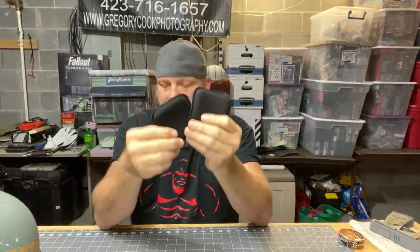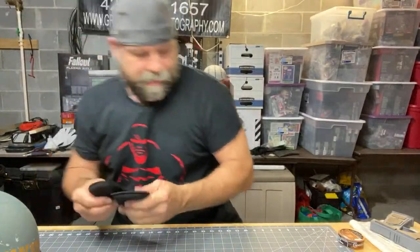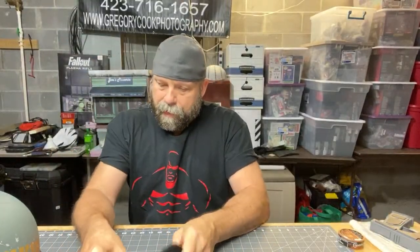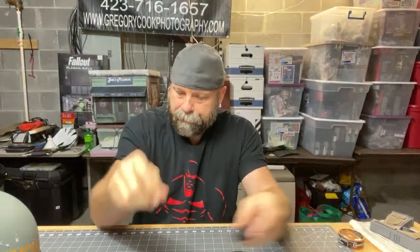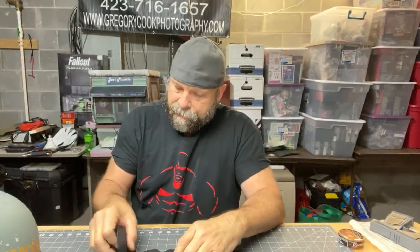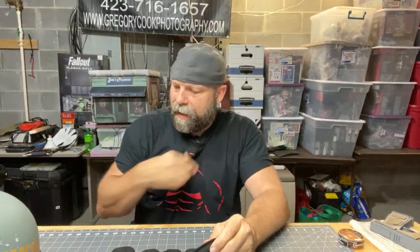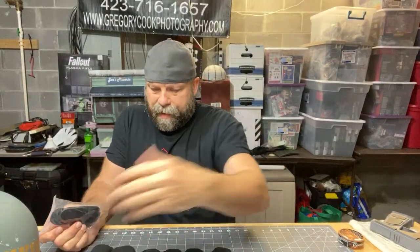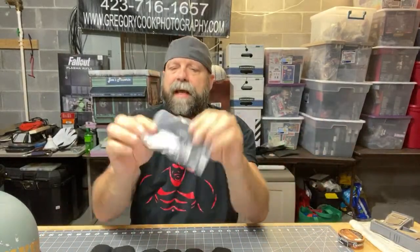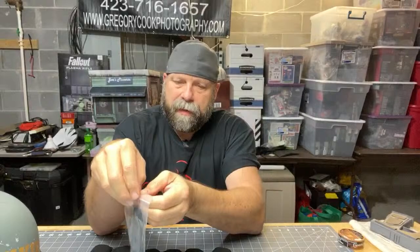There's like, let's see, oops, hello, squirrel. Let's see here, we got two of these. We got two of those. We got the big one there, and I have 6 of these. And this is like $10 from Amazon, so it's definitely reasonable. It's a 9-piece kit. It comes with Velcro, which is really cool